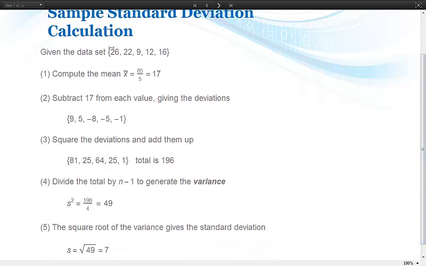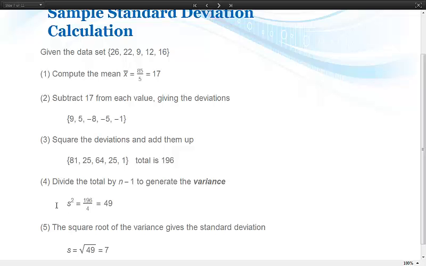In this case, n is 5. There's 5 elements in my data set, so I divide by 1 less. I divide by 4. The result of that calculation, before I take the square root, actually has a name. It's called the variance of the data set. We'll focus on using the variance much later in the course. But the variance is simply the square of the standard deviation, so its symbol is actually s squared,